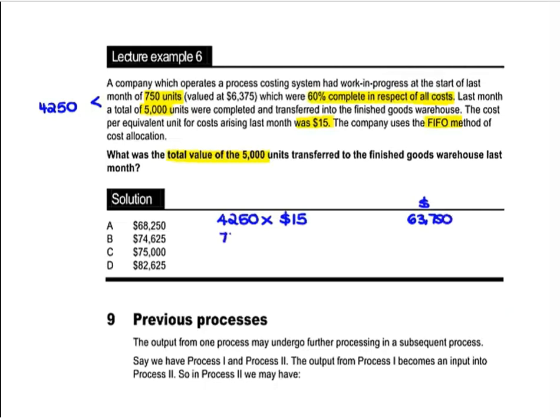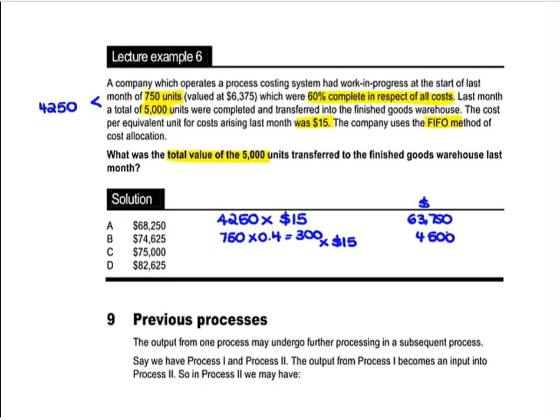We also have those 750 units of closing work in progress. Now they were 60% complete at the start of the period, so there must have been the equivalent of 40% to finish off. So that's 300 units still to be finished off, and they will also be valued at the $15, the cost per equivalent unit. That's